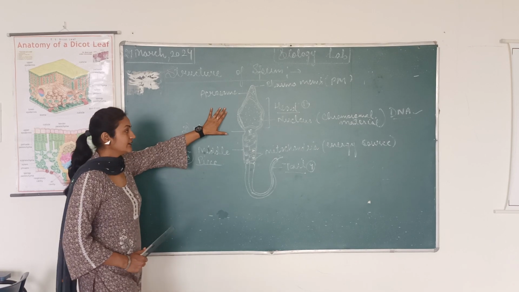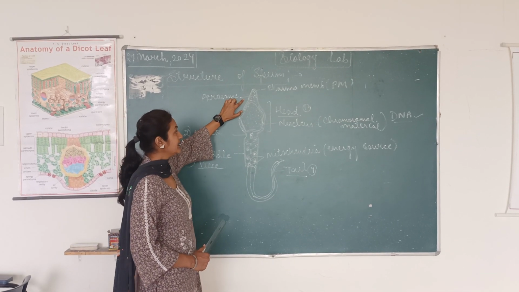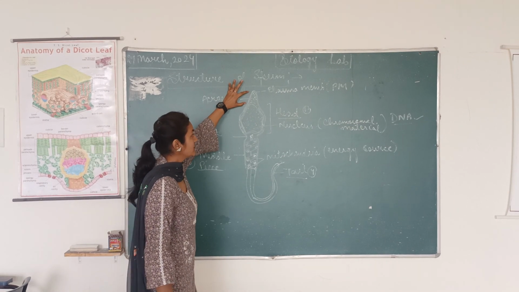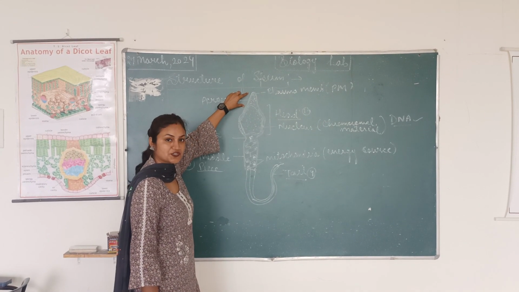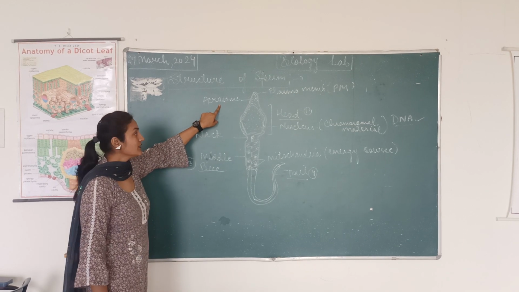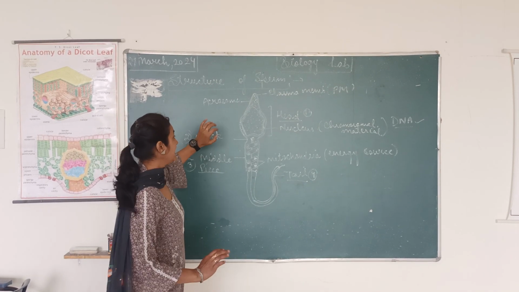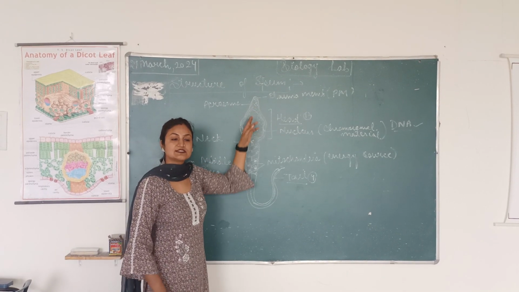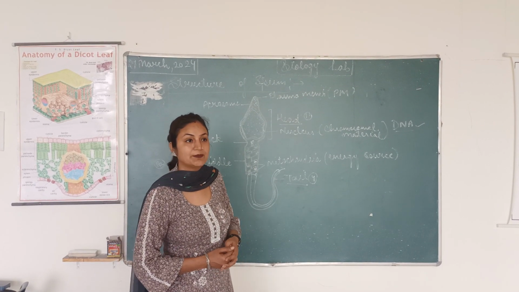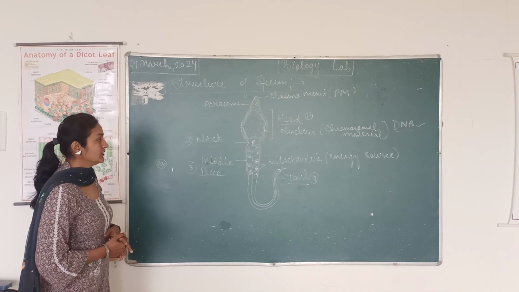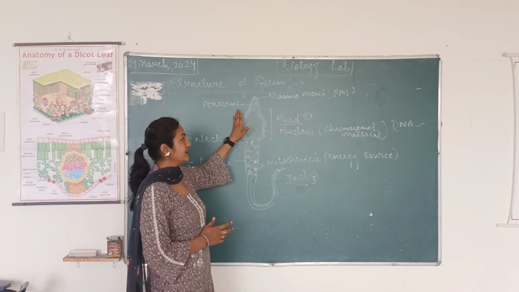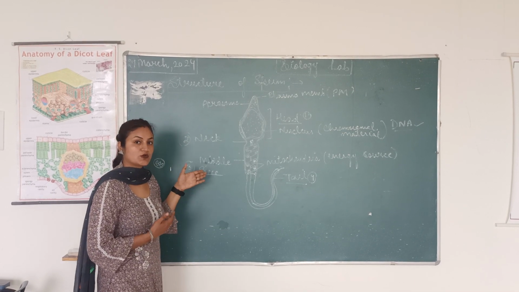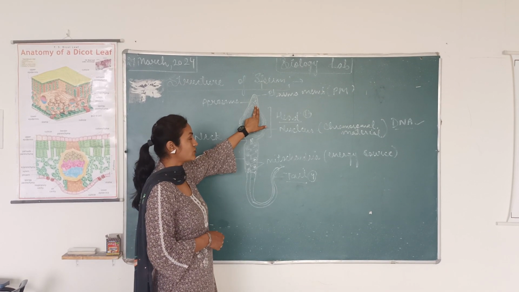The head of the sperm has an anterior portion named the acrosome. The scientific name of this portion, which is present on the anterior, like a cap-like structure, is the acrosome. In the acrosome, basically digestive enzymes are present. These enzymes are very strong, which will help in the fertilization of the ovum. When it enters the ovum from the female body, it will fertilize the ovum because these enzymes are very strong in nature.